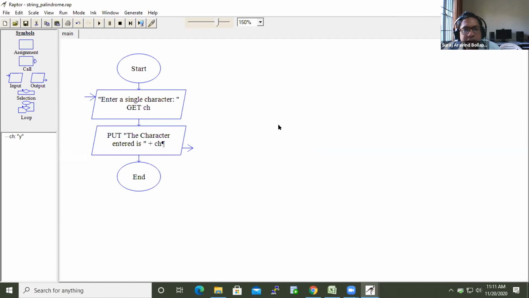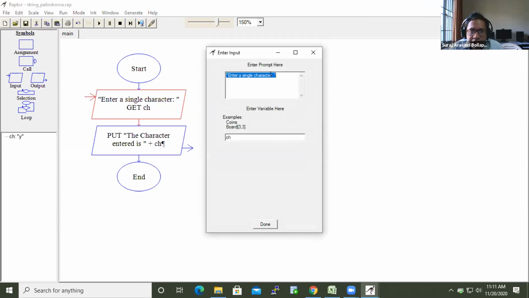Now, let us check whether I can enter multiple characters at the same time. In the previous sessions, we have seen whether I can input multiple numbers at the same time in an array. It was not possible. Now let me check whether I can give multiple characters at one go. I will change my statement to enter a name, and my variable I make it name.